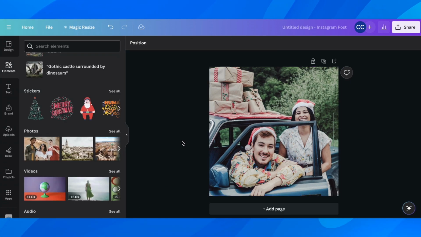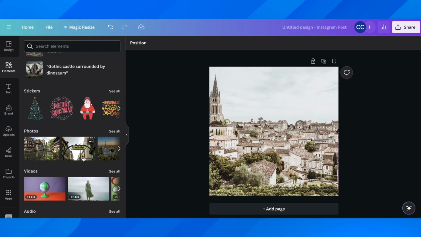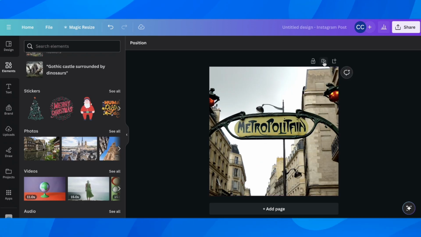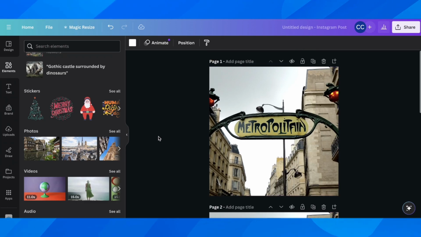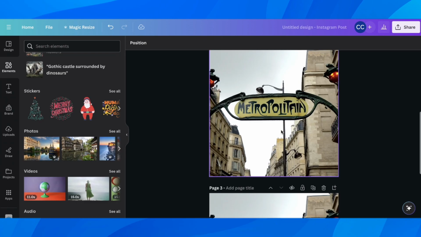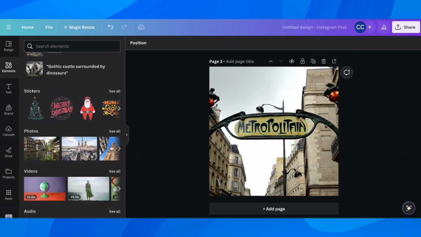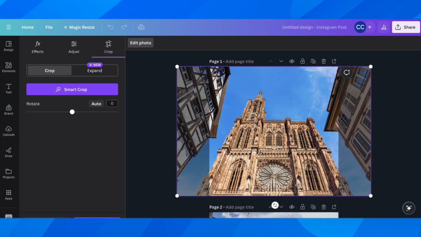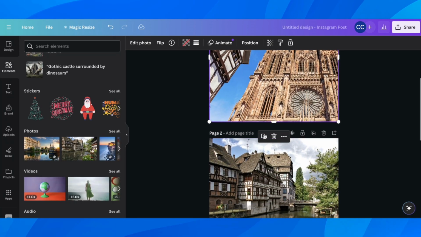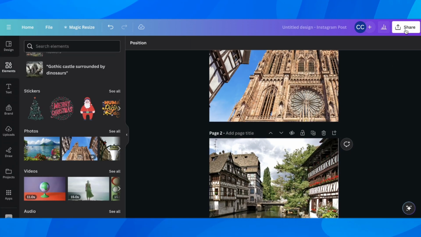And now if you want to add another image, you can simply choose any of the images that you just added and simply drag and drop it. And if you want, you can do this in bulk, so you can add multiple designs, and you can easily change each one of them. As you can see, simply drag and drop, and you can do this with any type of images. You can simply double tap to resize. As you can see, it's very easy to do, and after that you'll have to simply click on share